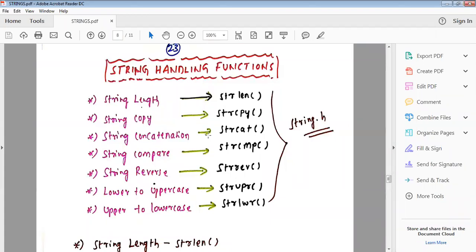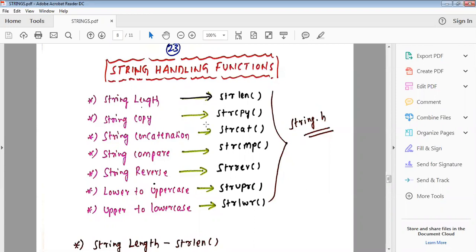You try to read all the concepts: one-dimensional array, two-dimensional array, and string, compile time initialization and runtime initialization. Everything you have to read. Then string handling functions. There are different types of string handling functions we are using.